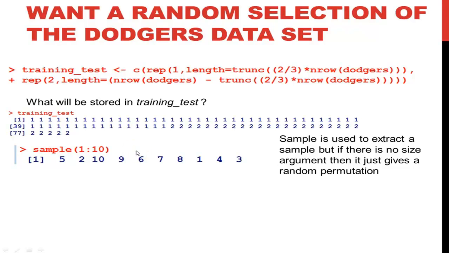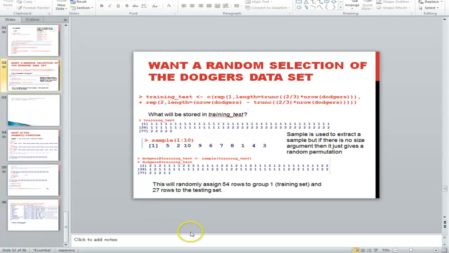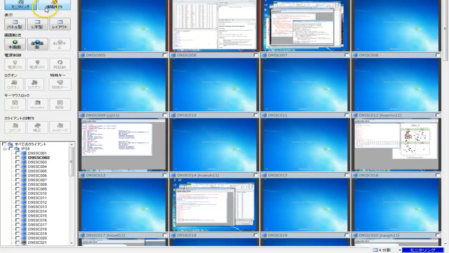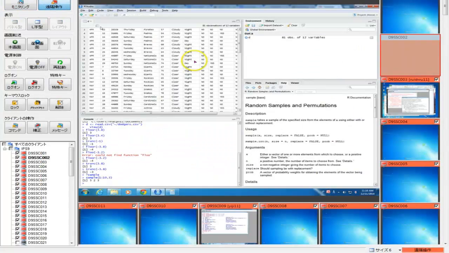He got 5, 2, 3. Anybody get something different? Sample 1:10, comma 3. What do you get? Anybody get anything different? Somebody's using this. That's good. If you don't mind, I'm going to show your screen. This is